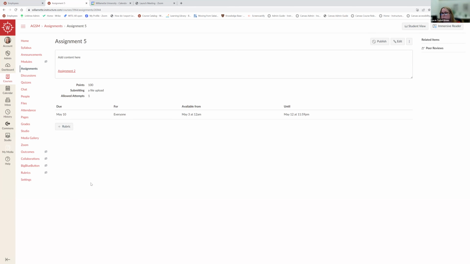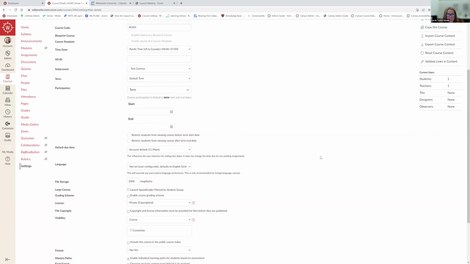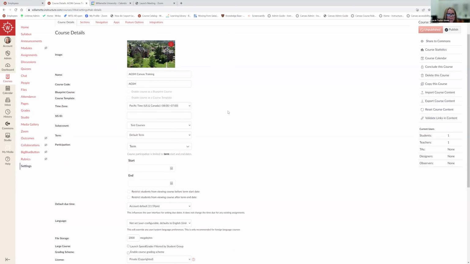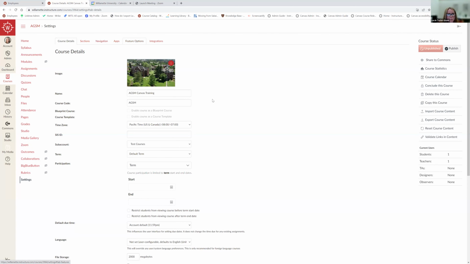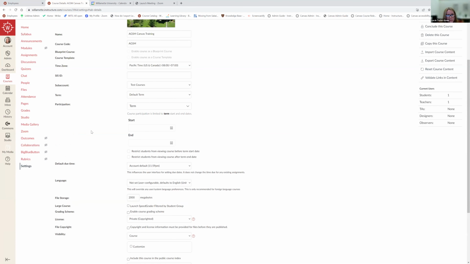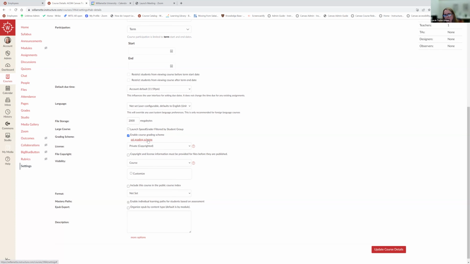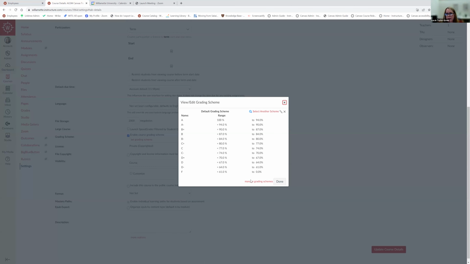Now, Polly, you asked about the letter grades. And so when you use letter grades, you have to check out the grade, make sure the grading scheme matches what you want. And you would access that in settings. You would go to, it's just enable grading scheme. You just have to scroll down. This has kind of got a lot going on in here. Enable grading scheme. And then this shows up, and you can